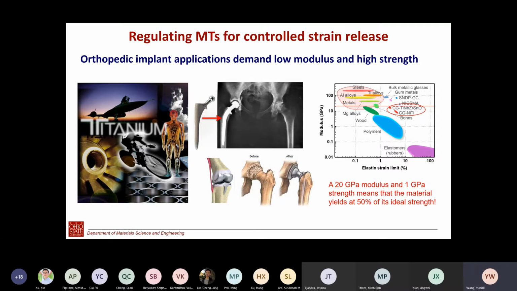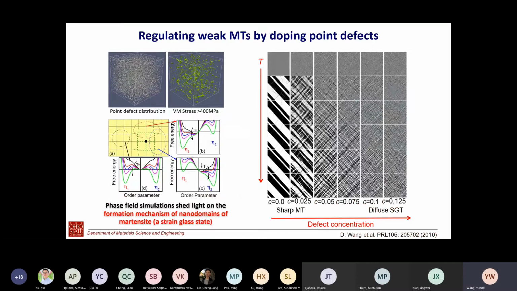And so we cannot simply use the intrinsic elasticity and try to design those kinds of alloys. So we have to try to utilize what we call pseudo elasticity, which is the structure transformation. So I'm going to show some examples. How can we tune the martensitic transformation? As I showed you in the movie, it is a very sharp, strong first order transformation; we turn it into a continuous transformation, make it linear elastic,